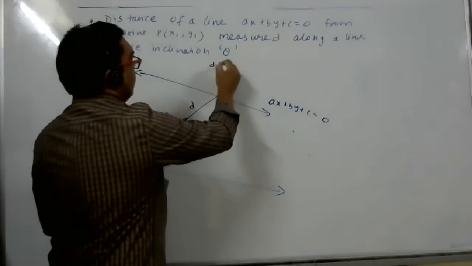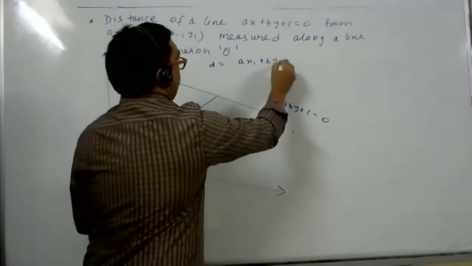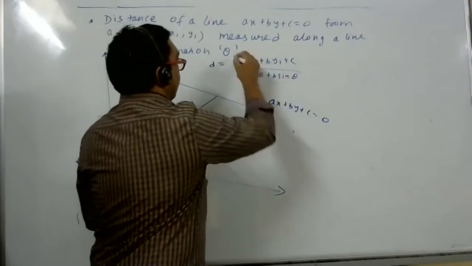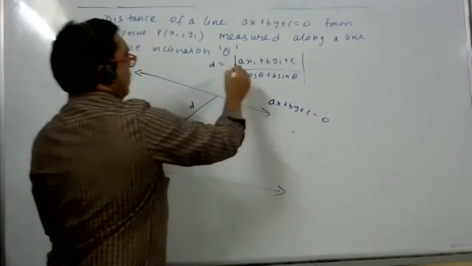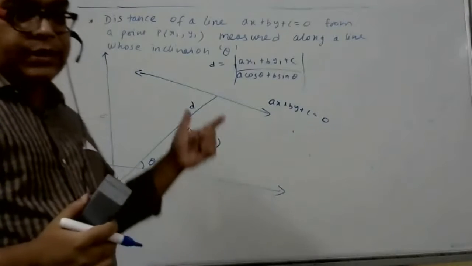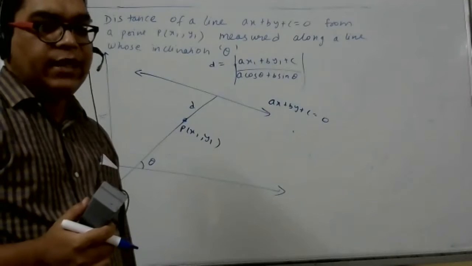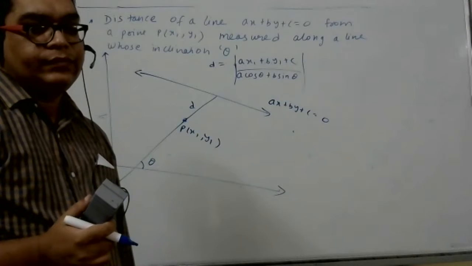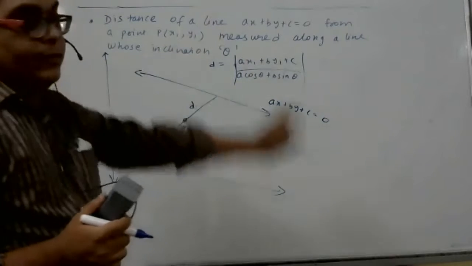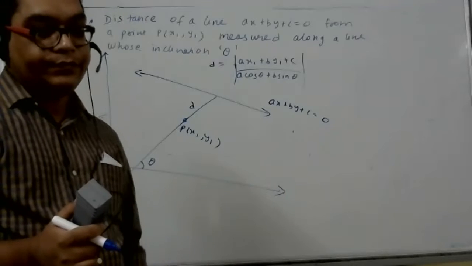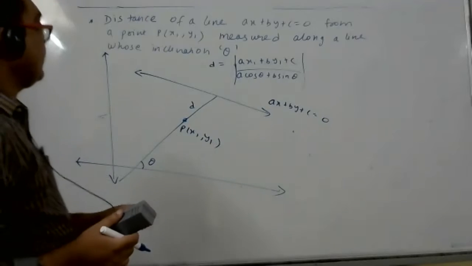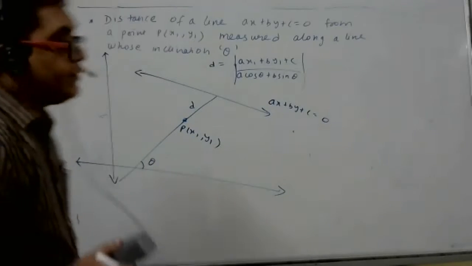The formula here is D is equal to AX1 plus BY1 plus C by A cos theta plus B sin theta. We have done this sum before. I told you two times. Do you remember or not, this sum we have done? Nobody remembers this sum? Sir, we did something similar to this one. Exactly the same we have done, but that time we took some values. Yes, sir, we took many values. So we have done this sum by two methods. Okay. Shall we go to the next result?